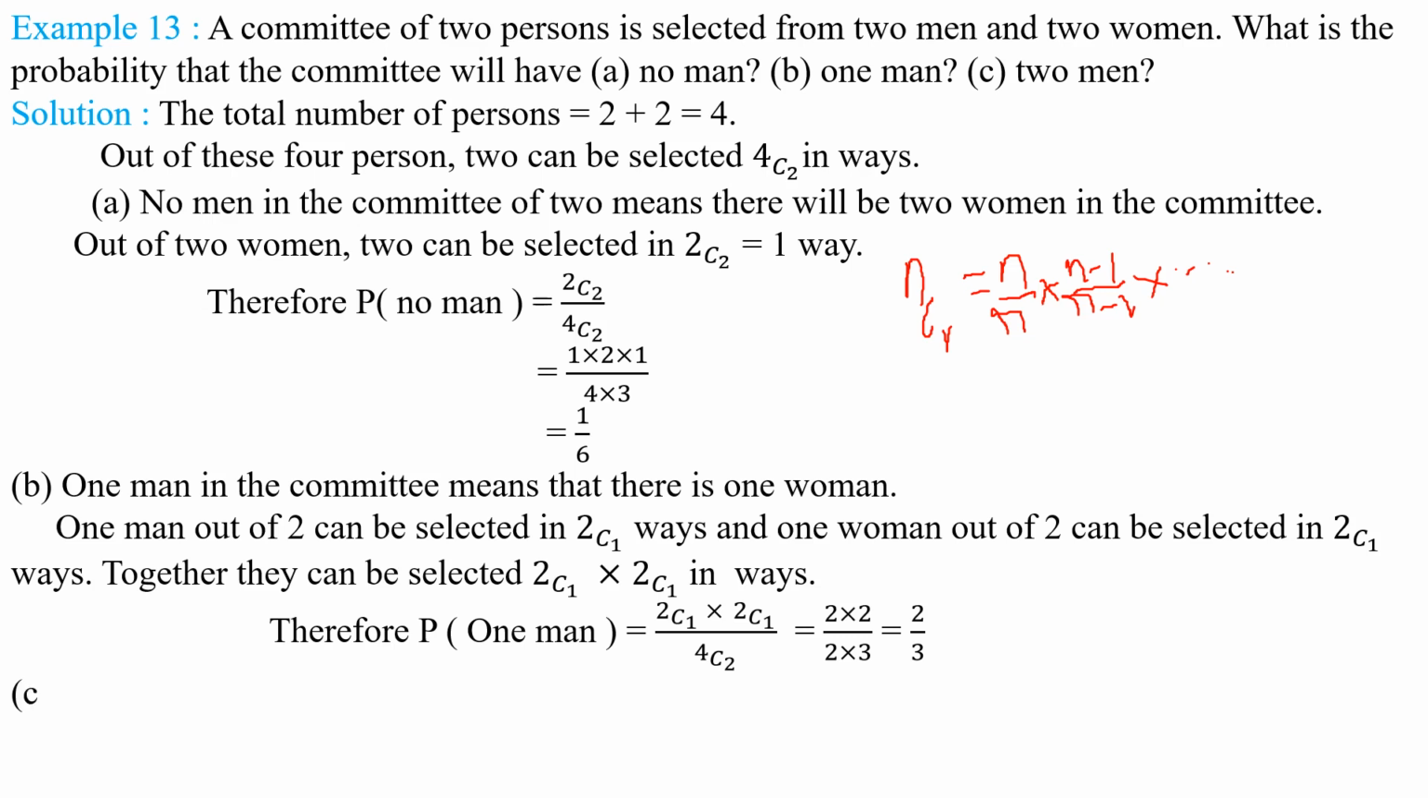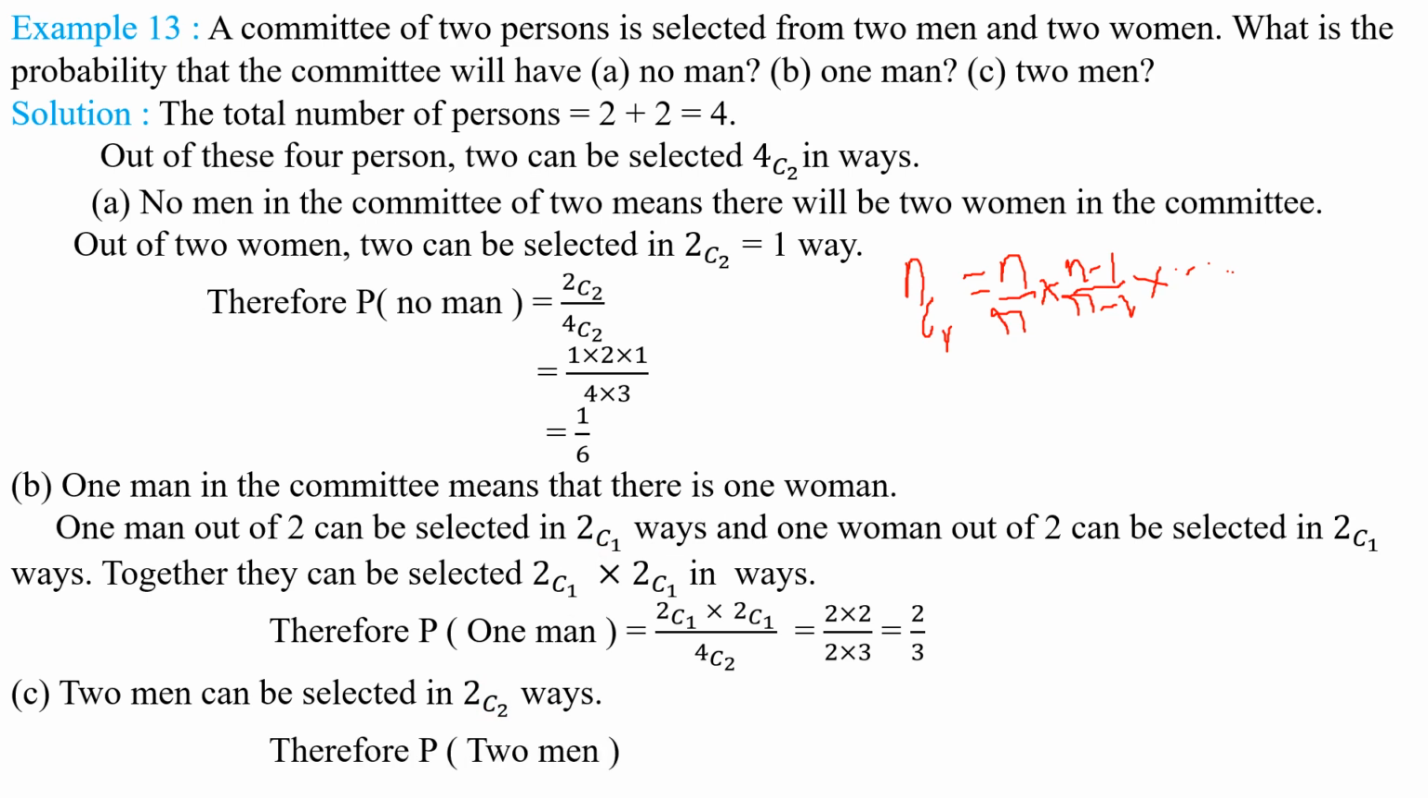Now come to the event C. 2 men. 2 men can be selected in 2C2 ways. How many men are there? 2 men. So how many men should be selected? 2 men should be selected. So this can be done in 2C2 ways. Understood this step, my children? Therefore,